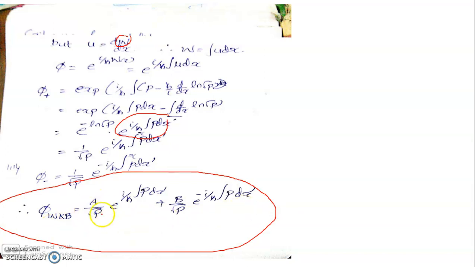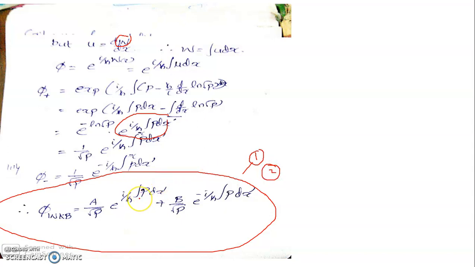For this we require knowledge about the magnitude of the momentum possessed by the system. So I have 2 points to make here. The first point: once you know the momentum possessed by the system, you will be able to write down the wave function representing the system under your study in this format. Just put A by root p, where p is the momentum, e raised to i by h cross integral p dx prime plus B by root p e raised to minus i by h cross integral p dx prime. And the second point is that